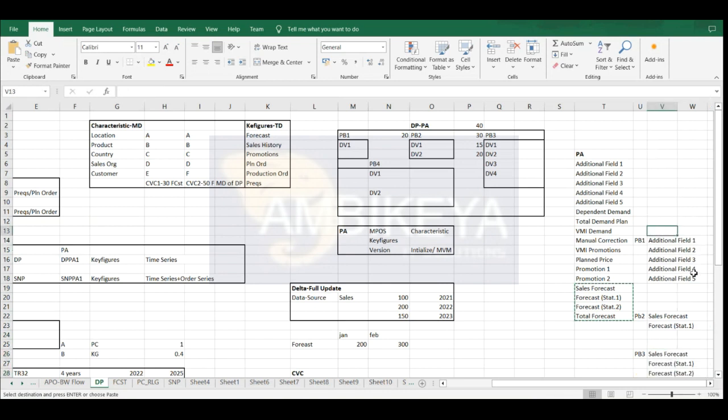Okay, so did you get something from here? Did you observe anything? Yes, we are breaking the planning area into planning books, no? Yes. Okay, so whatever key figures we assigned in our planning area, based on those key figures, we are assigning those key figures in multiple planning books. So whatever you are able to see here,